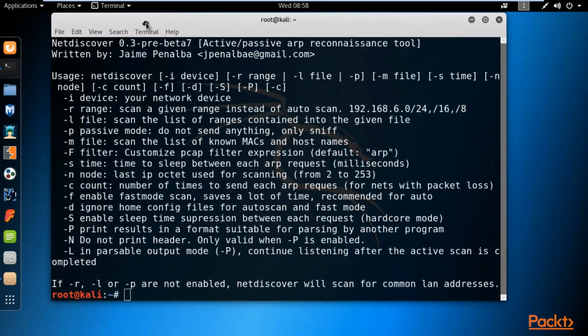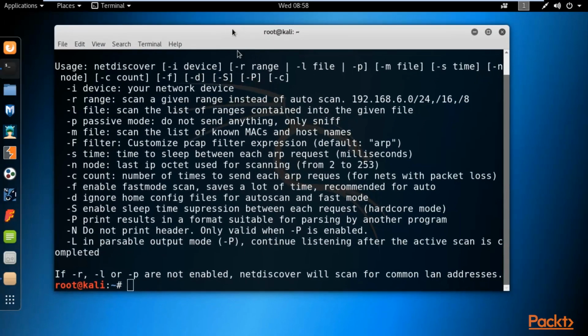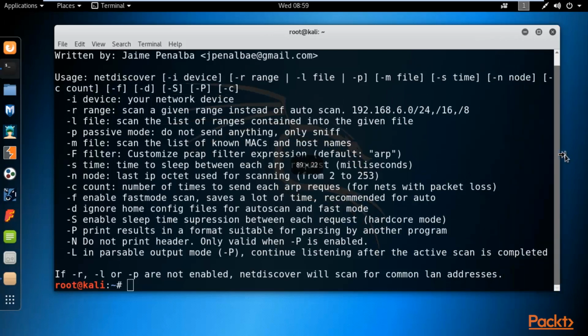Here you can see this is NetDiscover, and different kinds of filters are available that you can use. Simple, you can use NetDiscover, space, any one of them, and then space, the IP address of the target machine. For example, if I want to get information about my network, how many systems or mobile phones are connected inside my network, I can get that information using NetDiscover. How? Let me show you.